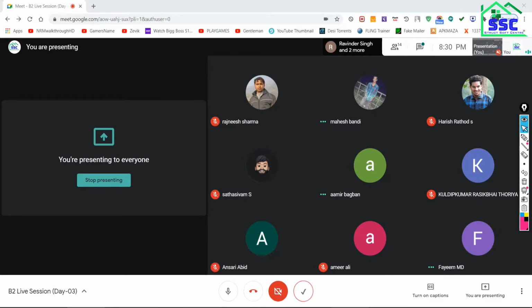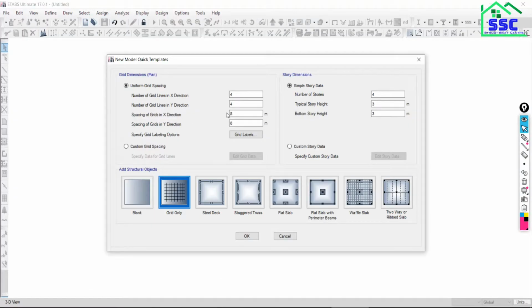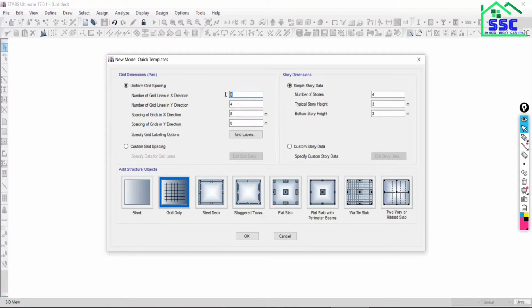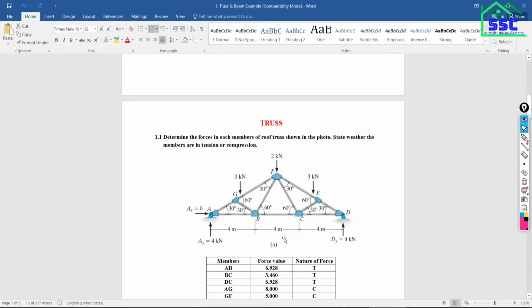Okay, good. Just come back to ETABS. In x direction, how many grids are there? 4 grids will be there. In y direction there will be 1 grid, and is the spacing equal or not? Uniform spacing of 4 is there. So in x direction put 4.